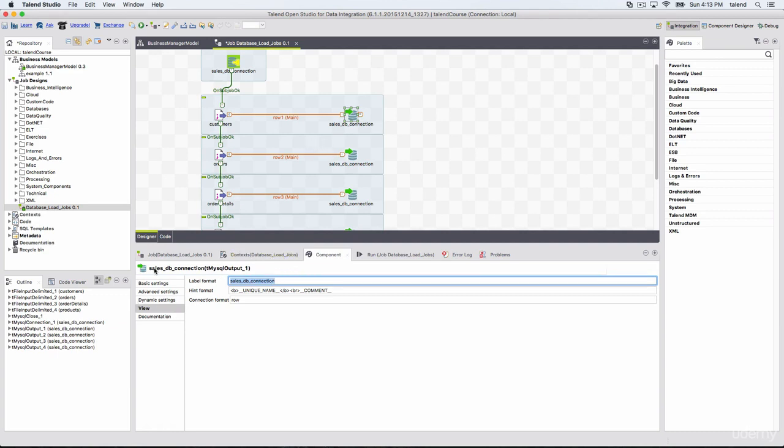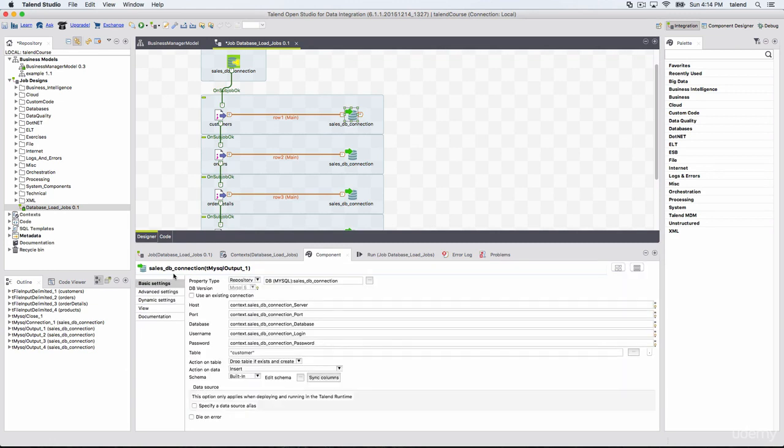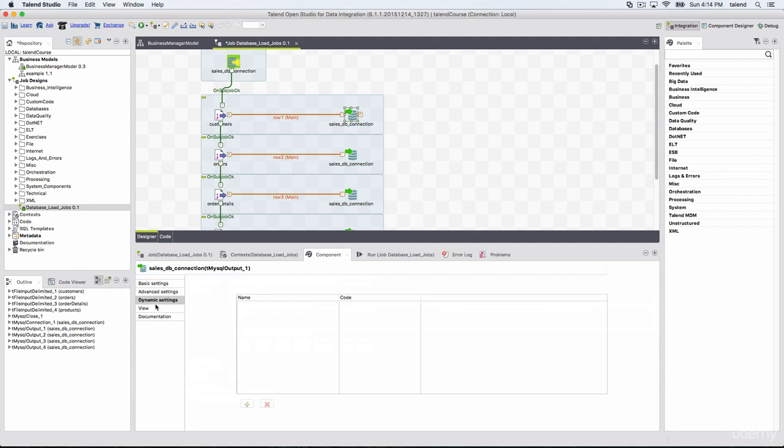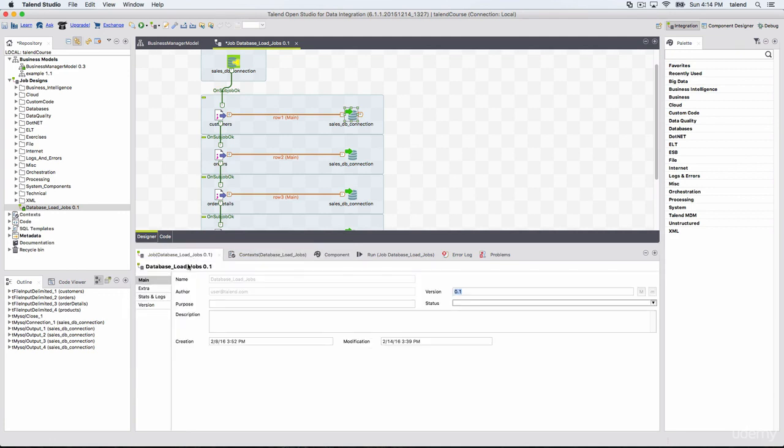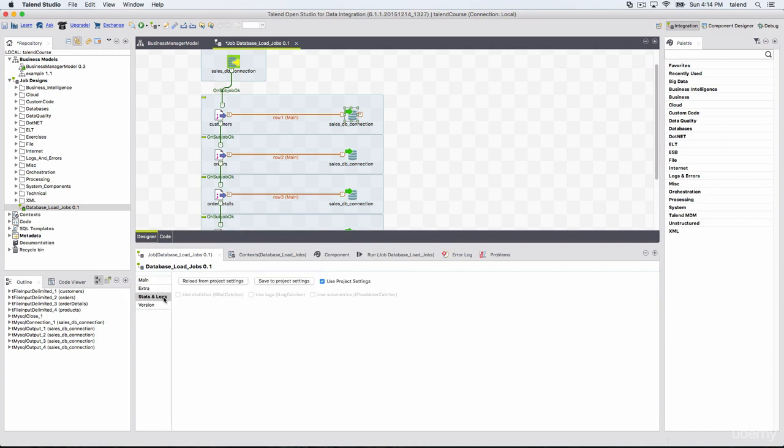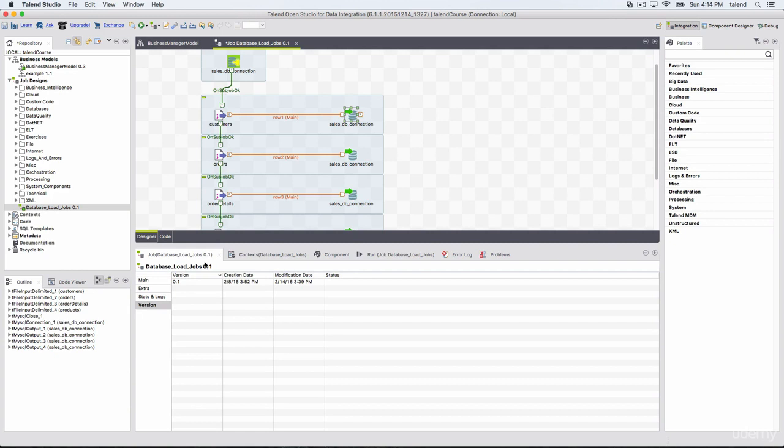So you have to go through all of this. If you are planning to write the certification, you have to practice. You have to go through each and every option of this. I will explain each and every option here, don't worry, but just as an FYI, remember, you should go through all these options. Okay, then we have the versioning. It will just explain what version this job is in, when it was created and modified. So this is the job view.